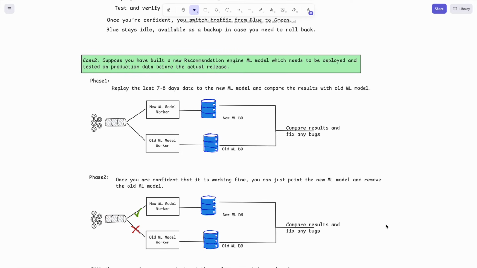So what happens in phase 1, as you can see on the diagram? In phase 1 you can see the Kafka topic has two consumer groups: the old machine learning model worker and the new machine learning model worker. Both are running in parallel, processing the messages separately into their own databases. At the end of testing, you compare the results, and you fix any bugs in the new model version, and once you are confident,